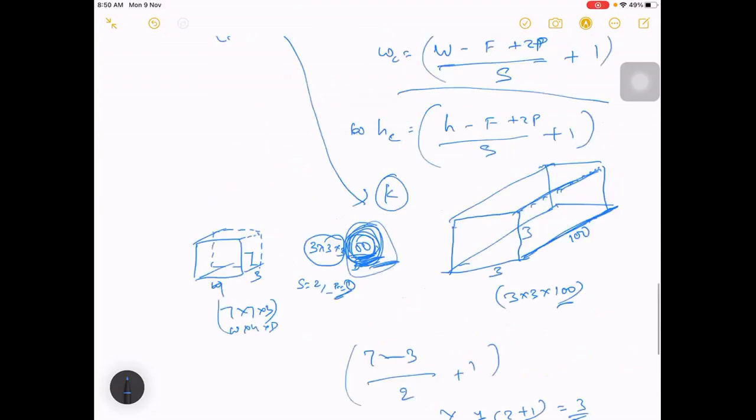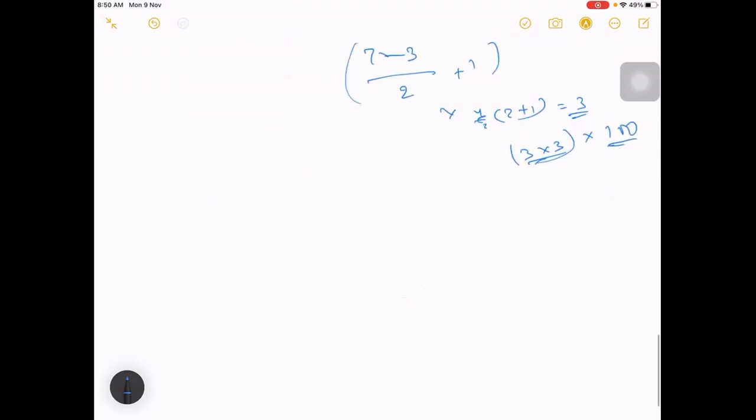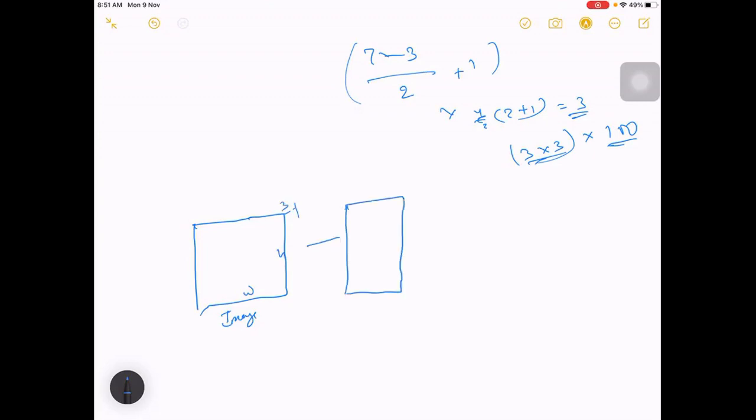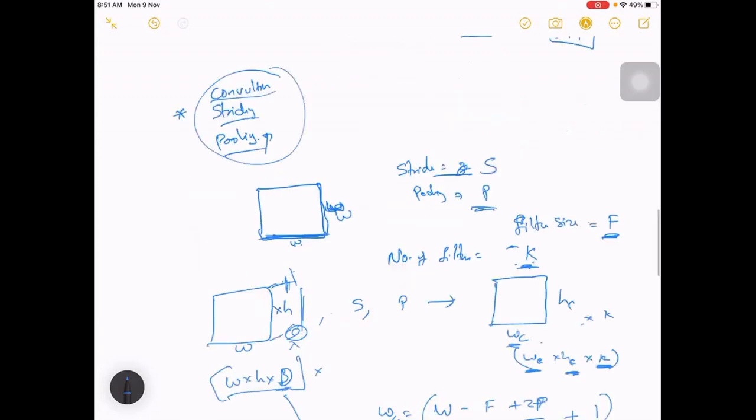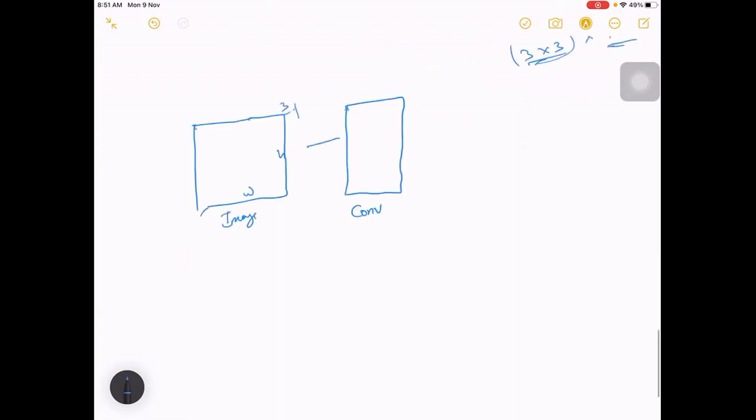Now let's see how it is done while implementing. Let's say you have an image of W by H into 3. They will add this convolution layer, and we specify it just like we have mentioned. While implementing as well, we do the specification like this.